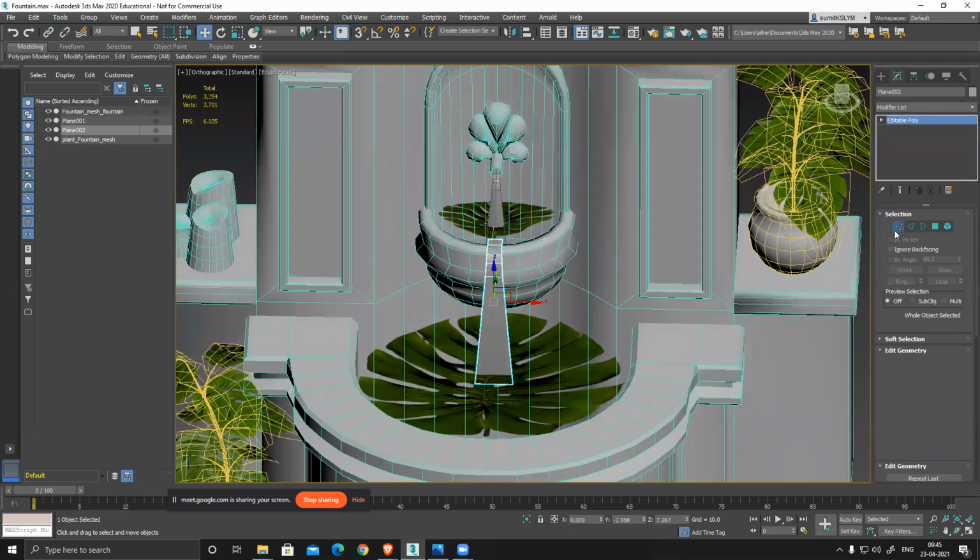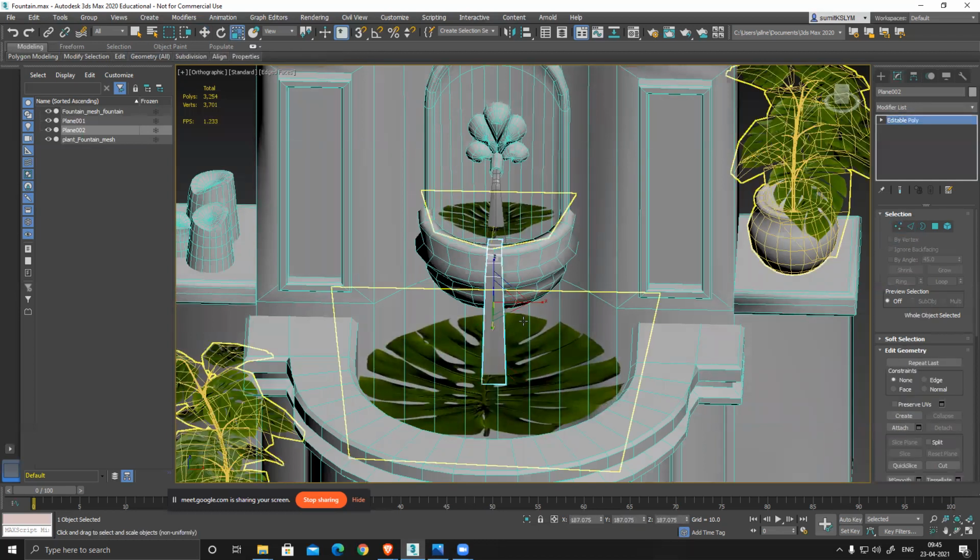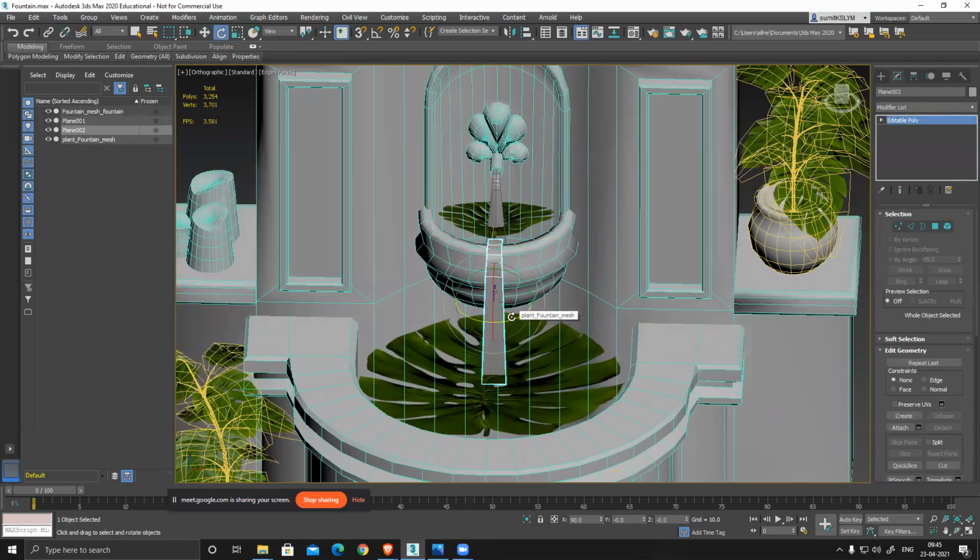And this base is kind of similar in size, a little wide, and I have another one.